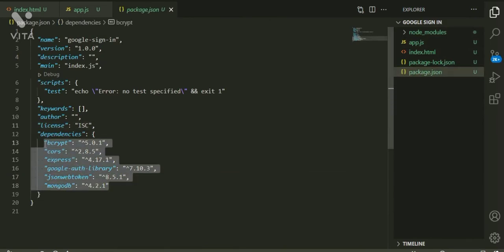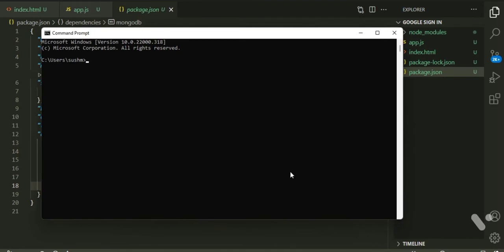And I have already installed bcrypt, CORS, Express, Google Auth library, JSON Web Token, MongoDB, which you can do simply by using the command npm i bcrypt cors express google-auth-library jsonwebtoken. Let me show.